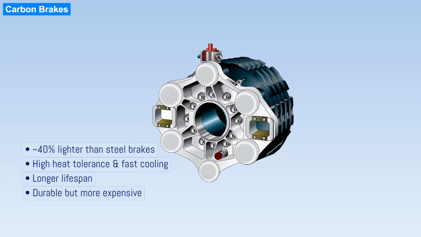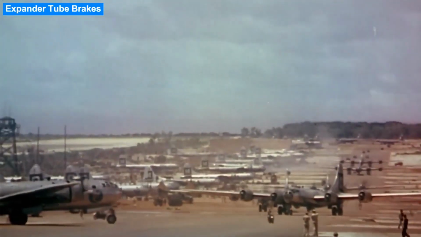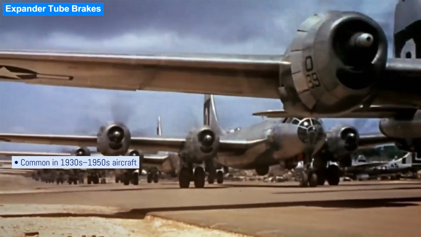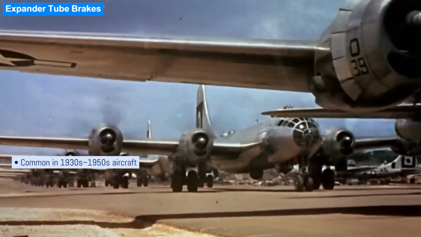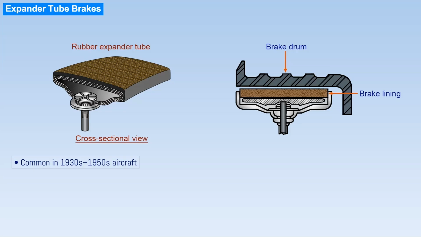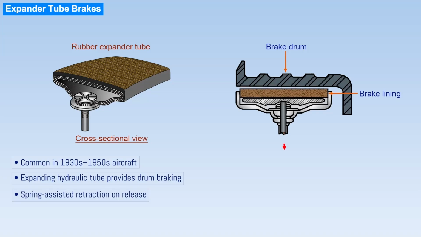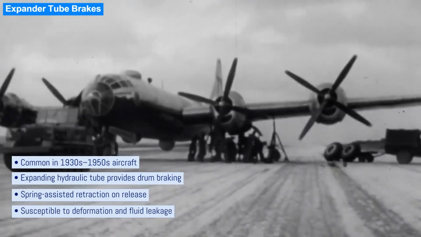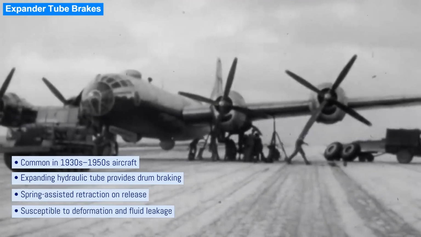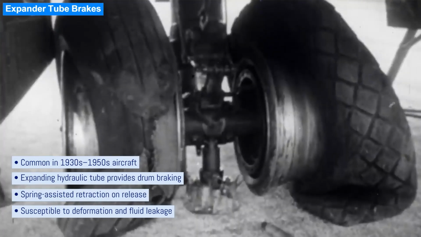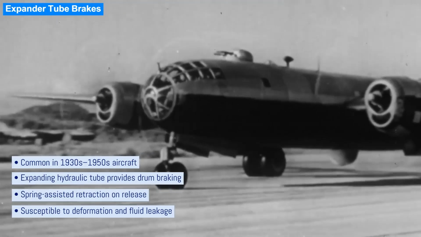technology advances. Expander tube brakes, widely used from the 1930s to the 1950s, use a fabric-reinforced neoprene tube placed inside a brake drum. When hydraulic fluid enters the tube, it expands outward and presses brake blocks against the drum to create friction. Springs retract the tube when pressure is removed, and some models allow clearance adjustment. Despite their effectiveness, their tendency to deform when cold, swell with heat, and leak eventually led to their replacement by